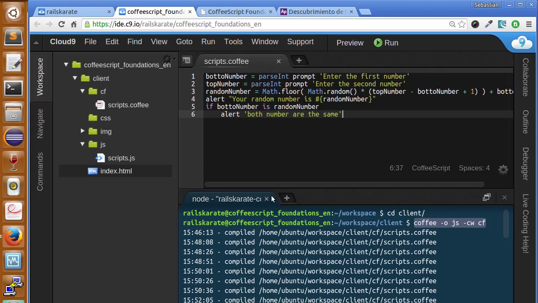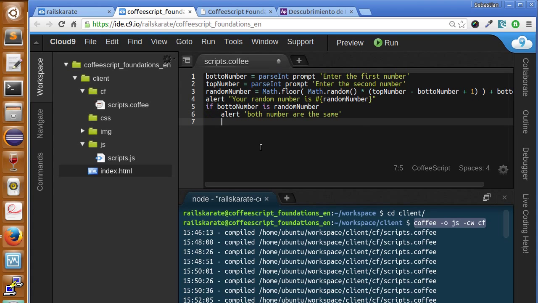And you can see that we do not use the end keyword or any other keyword to close the if. We just need to use indentation. As you can see, here's the tab space between the beginning of the line and where the line starts. So CoffeeScript already knows that we want to create an if, and everything with this tabulation is going to be within the if. We also have else statements that will be executed in case we do not meet the